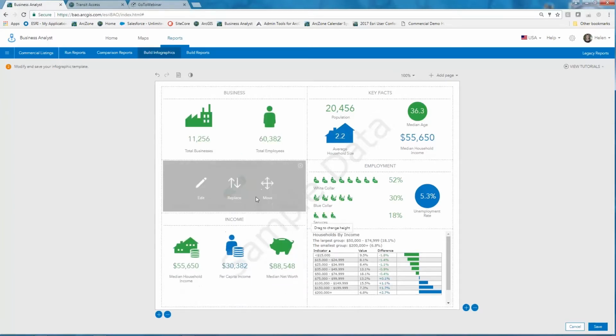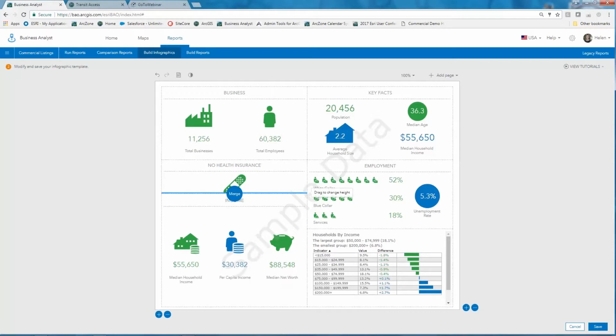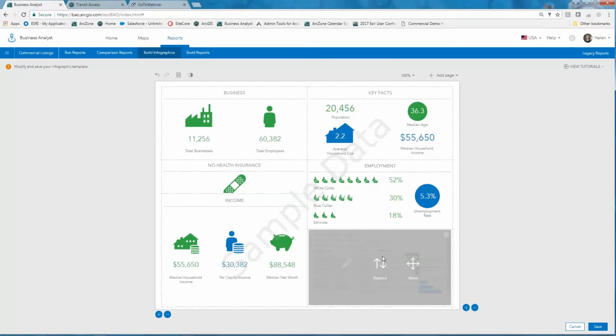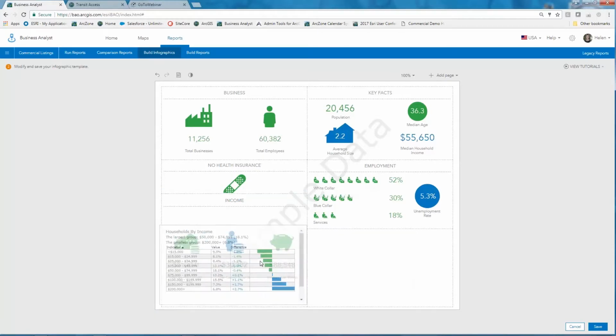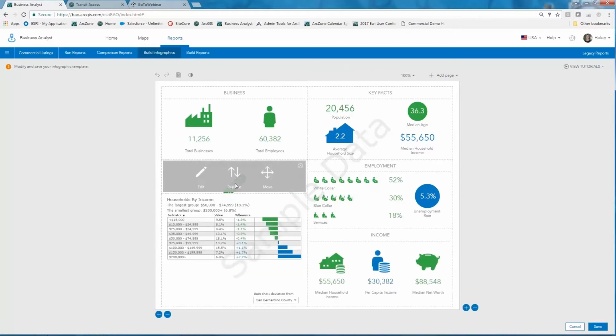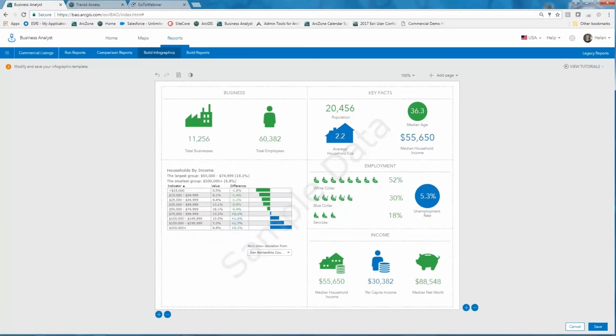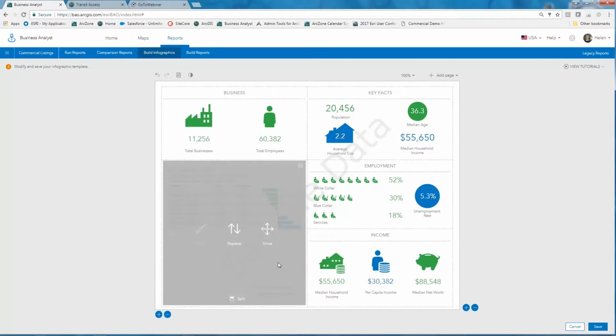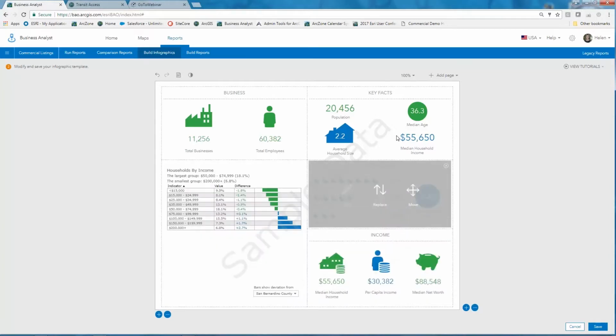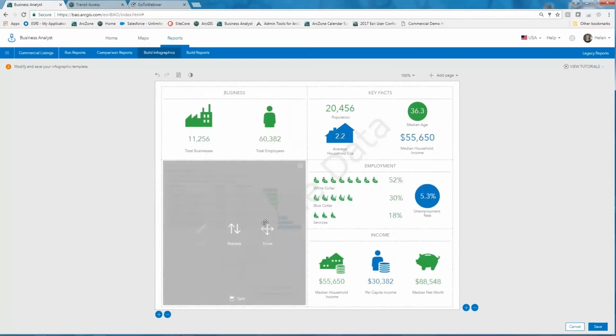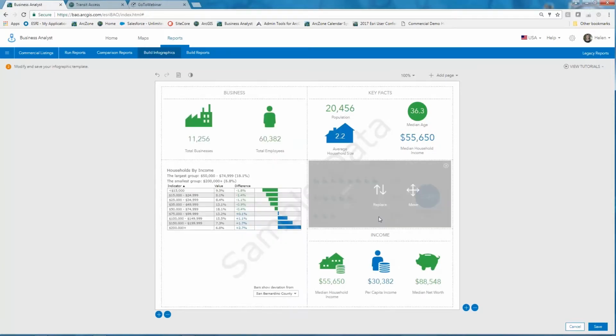I can use the bars to resize some of these. So I might want to move this panel over here and take this panel and just get rid of it. And now I can merge these two different elements together. So each one of these little boxes is what we call an element. And that's really important to understand, because I'm going to show you how to build